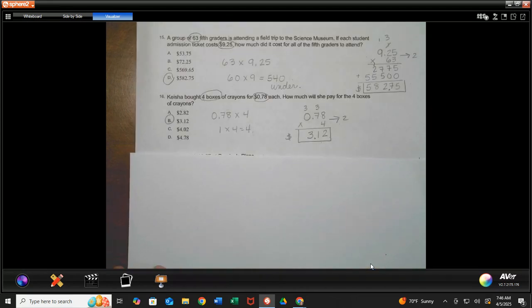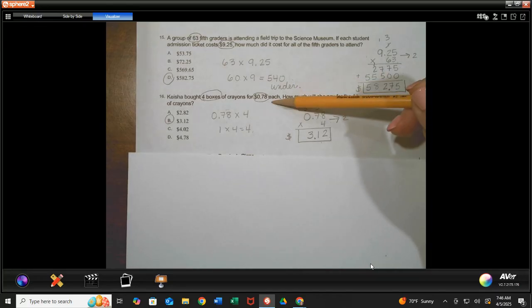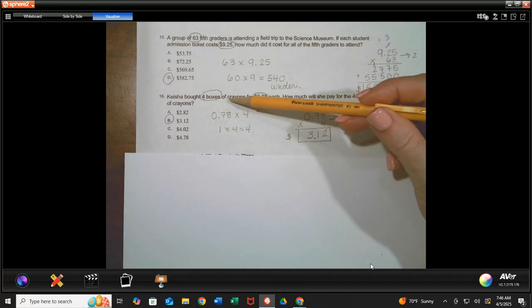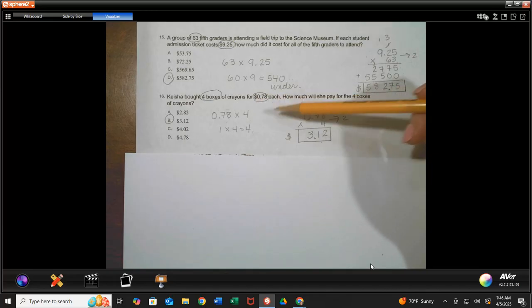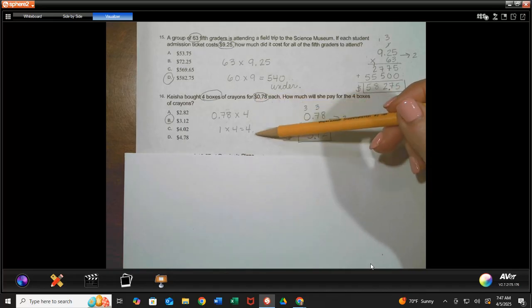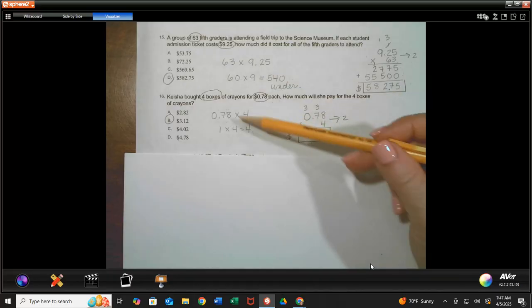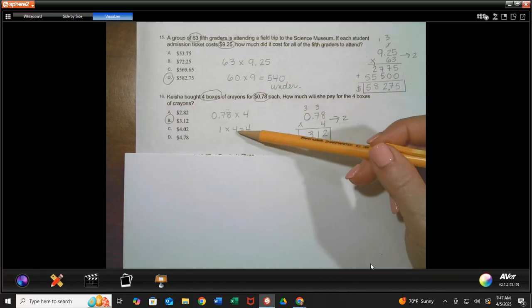Keisha bought 4 boxes of crayons for 78 cents each. How much will she pay for the 4 boxes of crayons? Again, I am quickly recognizing this as multiplication. I have the unit rate. Each box of crayons is 78 cents. So if you buy 4 of them, you need to combine 4 groups of 78 cents. So when I multiplied to get my estimate, I rounded 78 cents up to $1. I left the 4. I have a quick